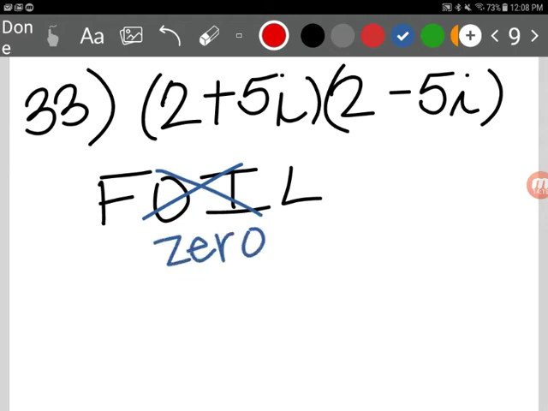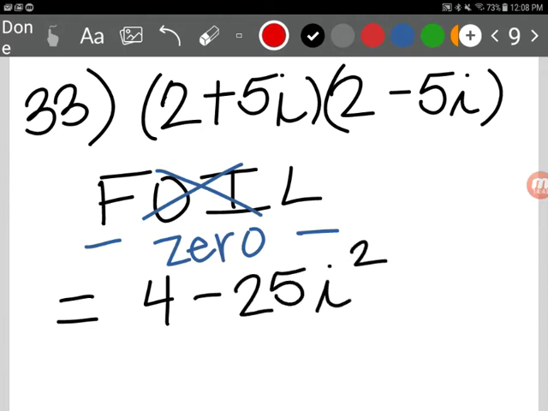So I only need to multiply the first and the last, and that's it. So let's do that. 2 times 2 is 4. 5i times -5i is